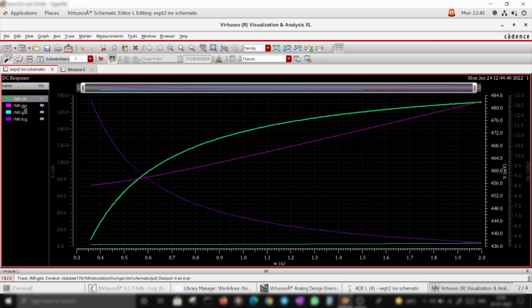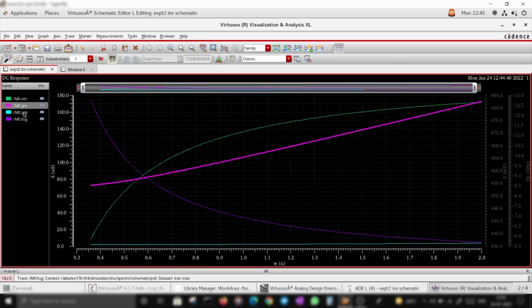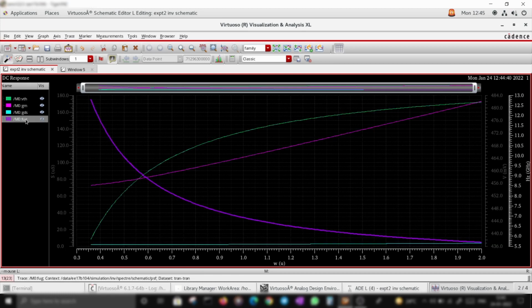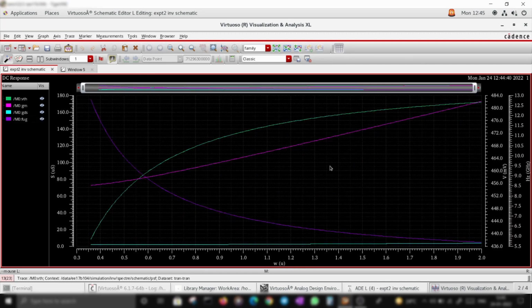VTH also depends on width because of second order effects. Things like GM, GDS, FUG, etc. These are all again depending on some terms or the other. So if you know the theory of it, you will understand it. Let's not go to that. Let's stick to simulation things.